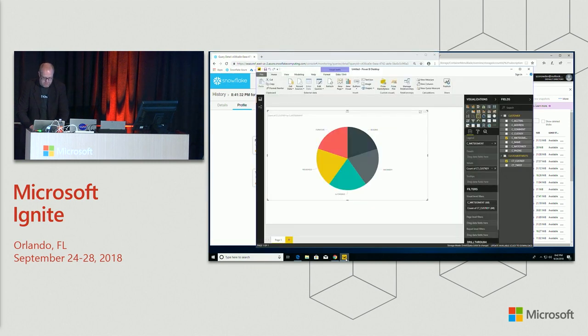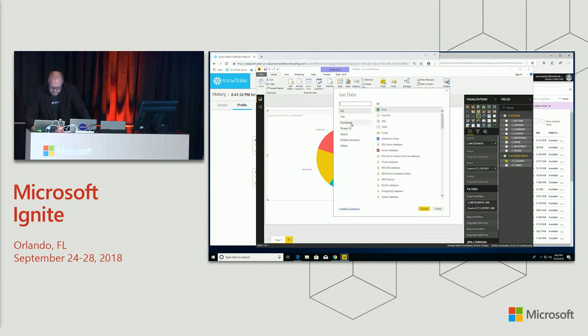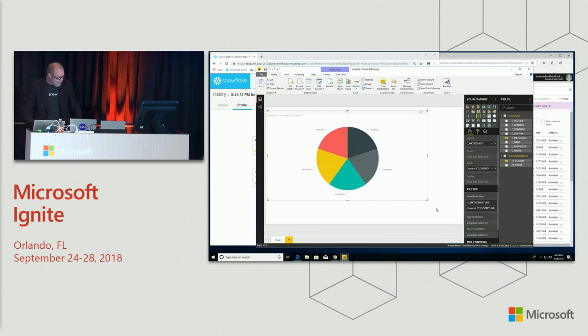And if you are more interested in a BI workload, you can obviously use tools like Power BI Desktop here and put them on top of Snowflake as well. Let me refresh this query here. You can see it actually working. It should take a couple of seconds to just refresh the simple pie chart here. And Power BI Desktop makes it really easy to get the data from Snowflake. If you go into the database section here, you can find Snowflake down here as one of the databases that you can create data sources for. So with that, let me jump back into